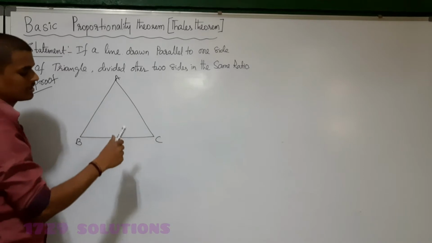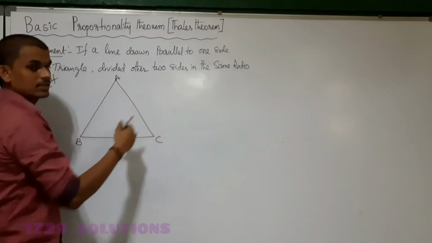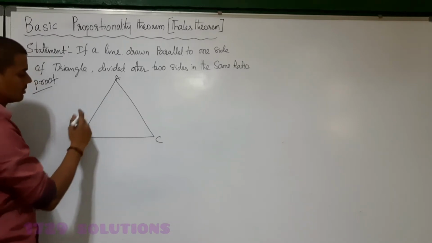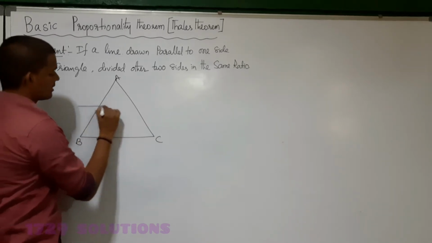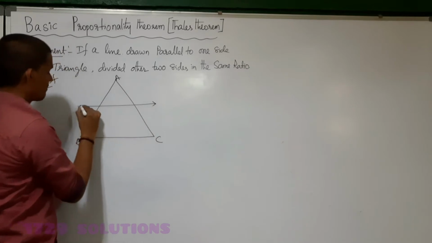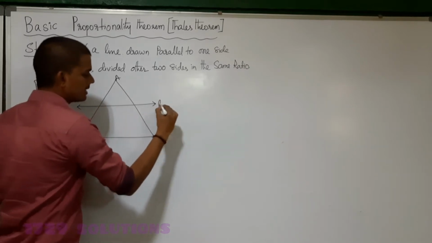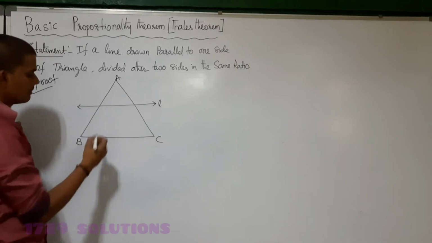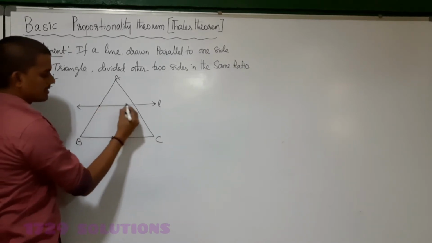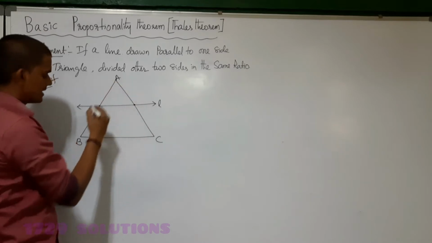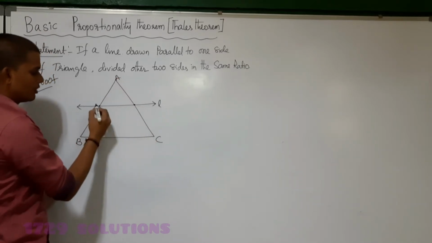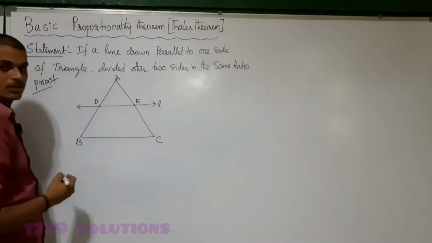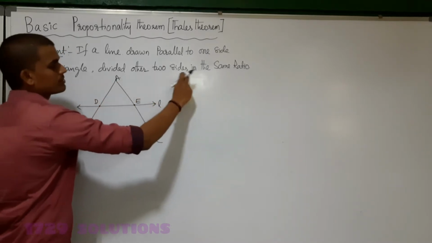You can have a chance to take a line anywhere, but what you need to know compulsorily is that the line should intersect the other two sides. So you should not draw here. I want to draw here like this. This line is clearly parallel to BC. If you draw like that, the line will intersect the remaining two sides AB and AC in two different places, let them be D and E. Then I want to show the other two sides are divided in the same ratio.